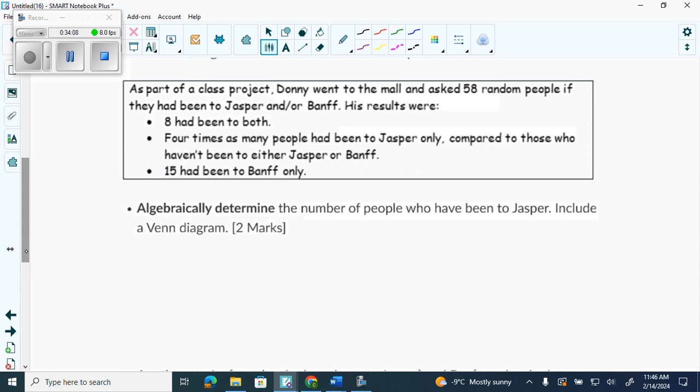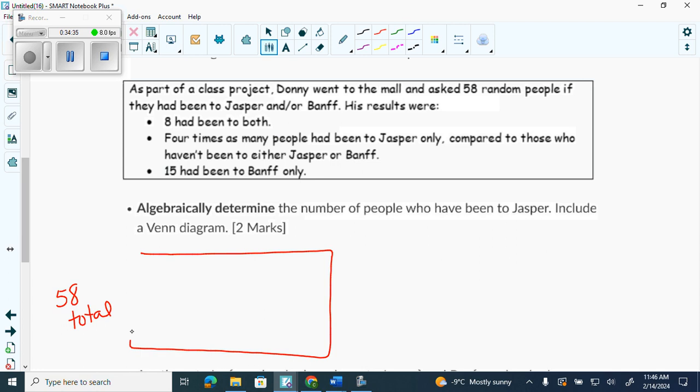Yeah. Okay. Here we have, as part of a class project, Donnie went to the mall and asked 58 random people. 58 total. If they had been to Jasper and or Banff, his results were 8 had been to both, 4 times as many people had been to Jasper only, which is one area, compared to those who haven't been to Jasper or Banff, so on the outside, and 15 have been to Banff only, so we're comparing Jasper and Banff, so we have a 2-circle then,